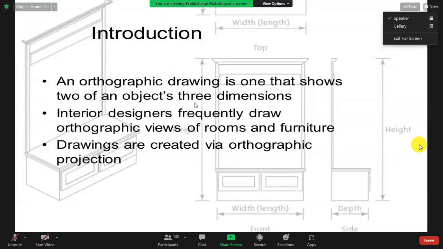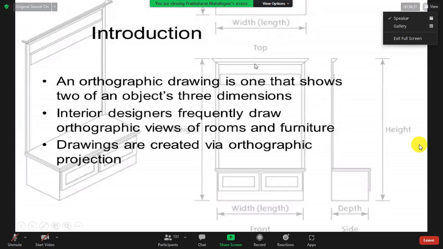Now you can see the slides. Yes, sir. Okay, so introduction. Actually we call it engineering drawing. Yes, it is a part of engineering drawing, but actually this is called instrumental drawing, right? Agriculture is a part of the engineering sections involved in agriculture. Actually, our department is agriculture engineering. That is why I put engineering drawing. Engineering drawing is mostly civil. Mechanical drawing is also there. We are dealing with mechanical, right?